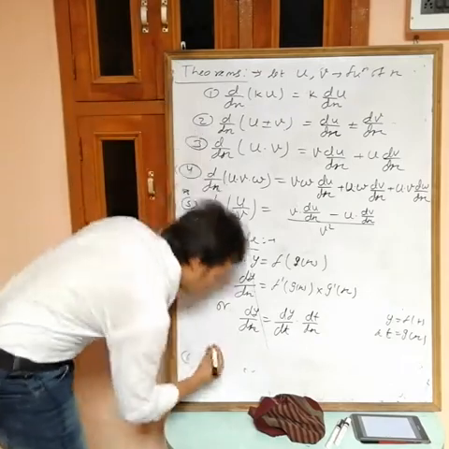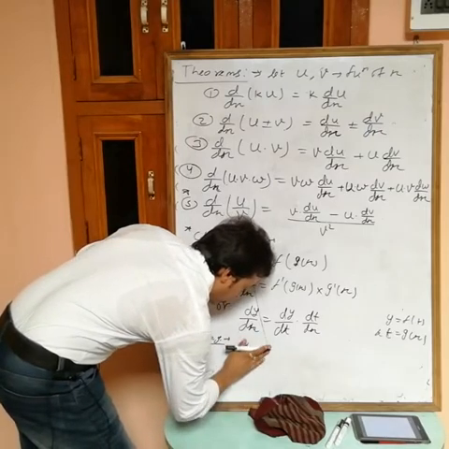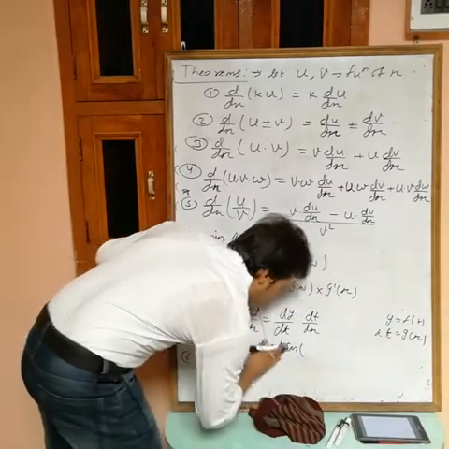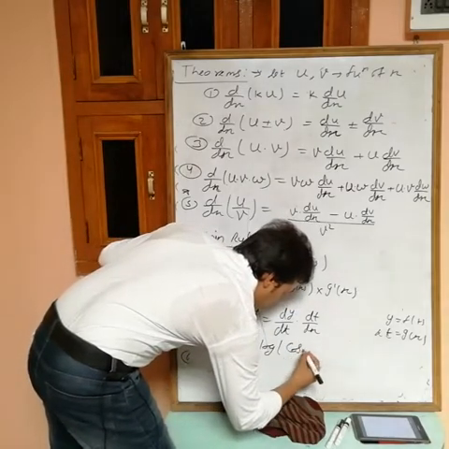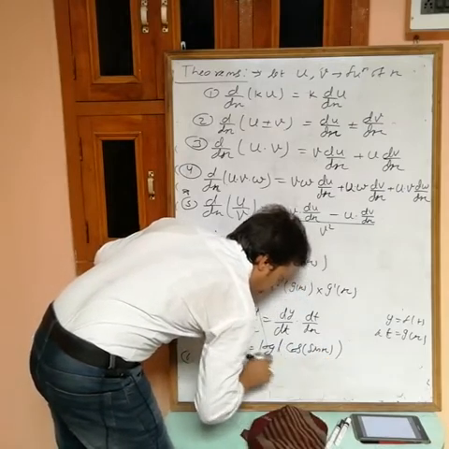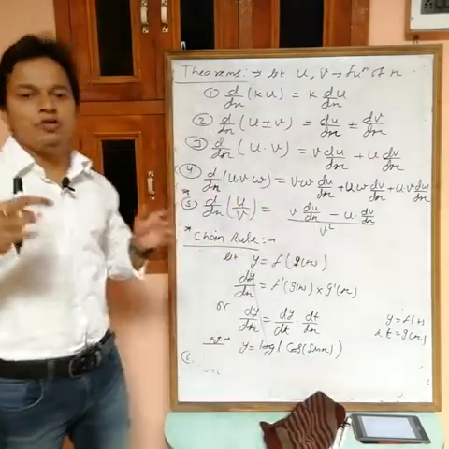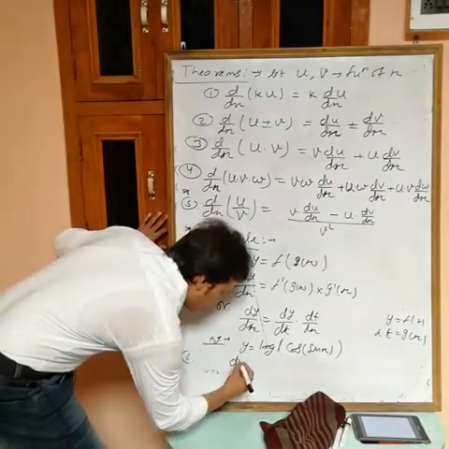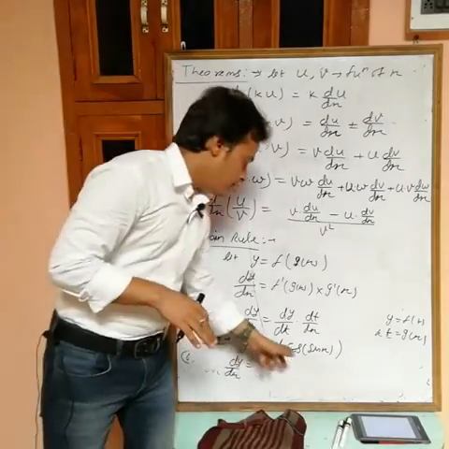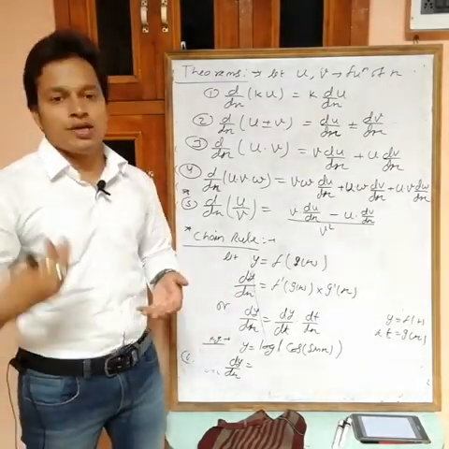Okay, if I take an example, let y equal log of cos of sin x. Suppose this is the composite function f of g of h(x), and you want to differentiate it. To differentiate this we have to use the chain rule. Now how to use it? See, the differentiation of y is dy by dx. Can you differentiate this directly? Do you have a formula for log of cos of sin x? No, we have formulas only for log x, cos x, sin x, like these.